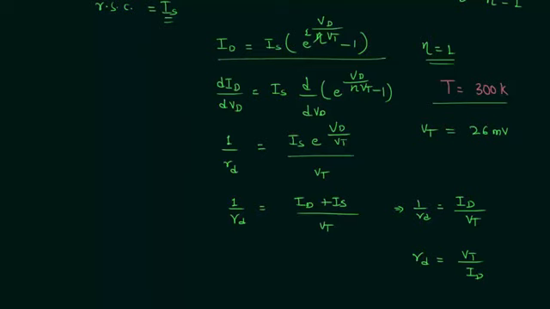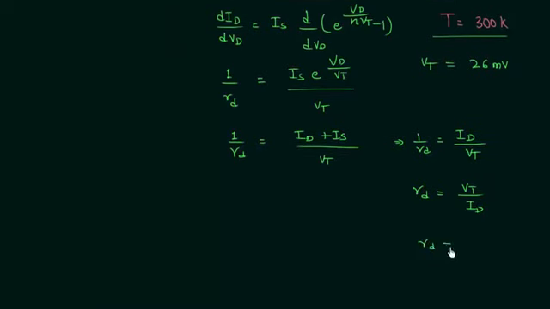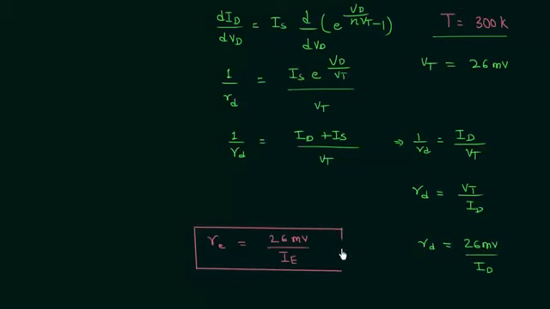So resistance RD is equal to 26 millivolts divided by the diode current ID. Now by using this we can easily find out resistance RE. The only thing we have to do is to change the representations. RD becomes resistance RE, equal to 26 millivolts divided by the diode current, which in case of common emitter configuration is the emitter current. So by using this formula we can easily calculate the dynamic emitter resistance, and for this purpose